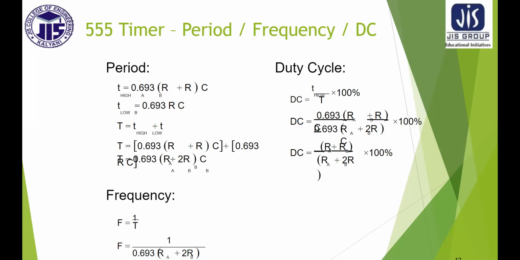So this is the period, frequency and duty cycle for the 555 oscillator circuit. Period is the summation of charging time and discharging time of the capacitor, whereas frequency is the inverse of total time period. So first you have to determine the total time period and then get the inverse, and you can have the frequency. And last thing, duty cycle is the ratio of on time to the total time period. What is on time? On time is mentioned over here as high time. So charging time by total time period is the duty cycle.